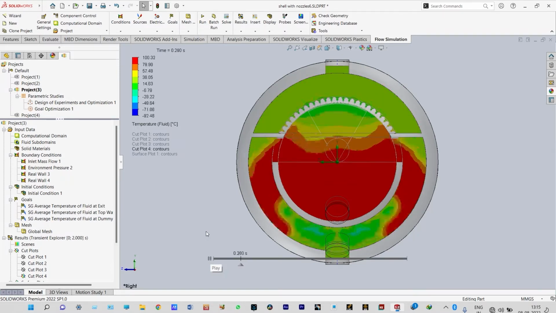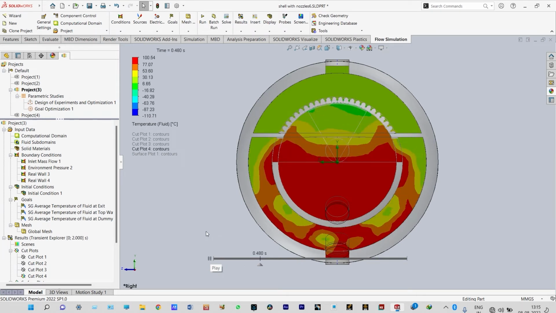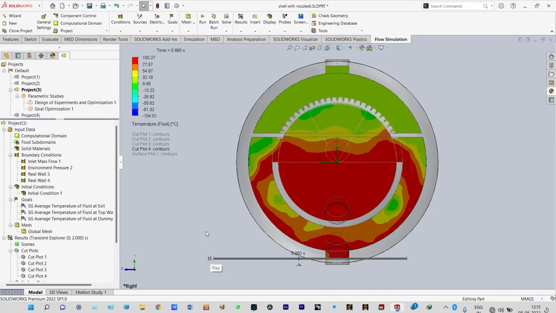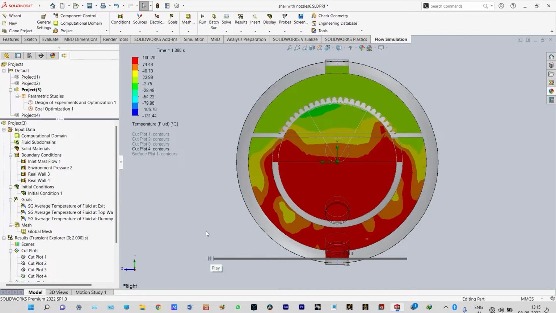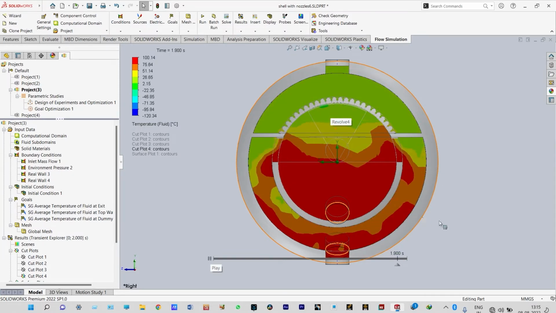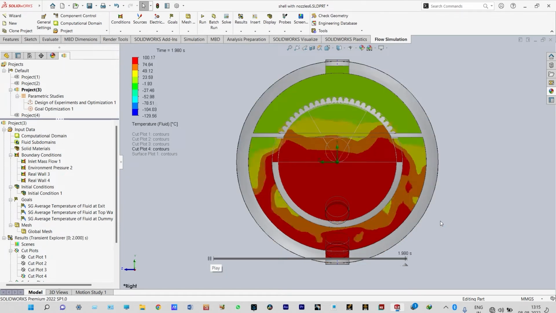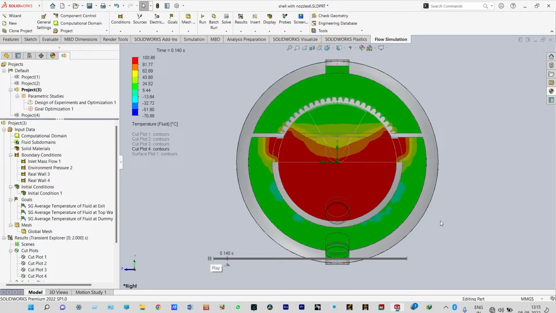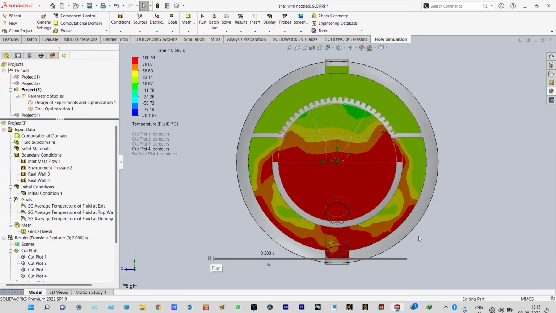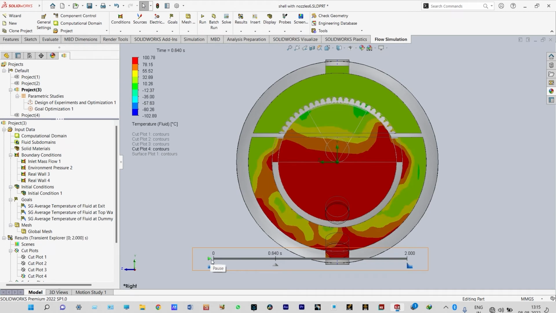Initially the temperature inside this shell was 100 degrees centigrade, and you can see different zones of water and air. To see the misting effect, we can see here the temperature is in the range of the blue zone, which is less than 20 degrees centigrade, right? We'll see all these things in a better way from the goal process itself. Let us clear and hide this one. So let us stop it, and